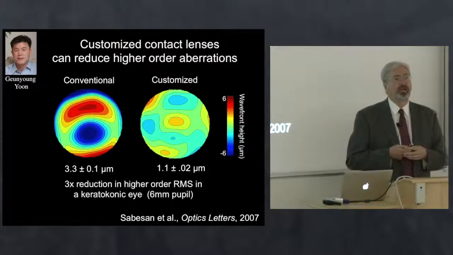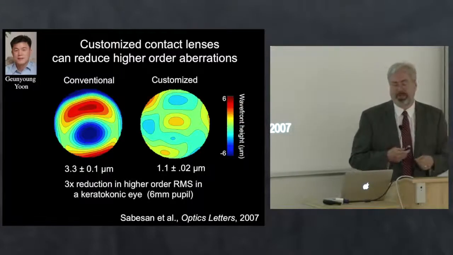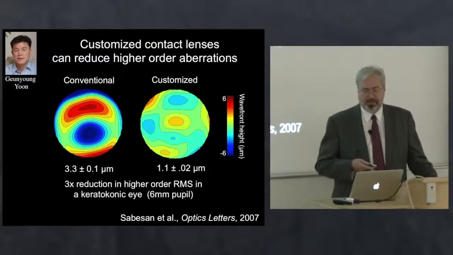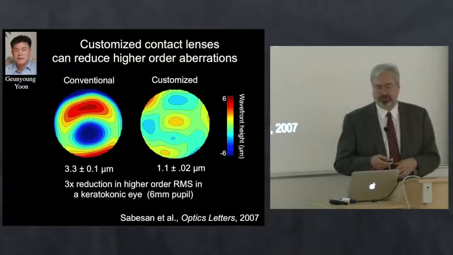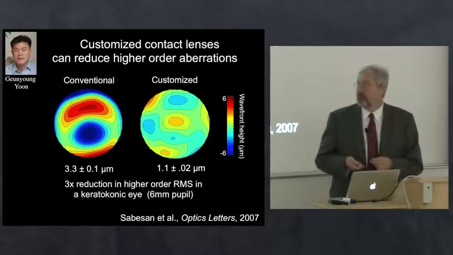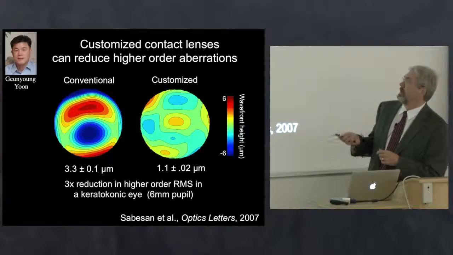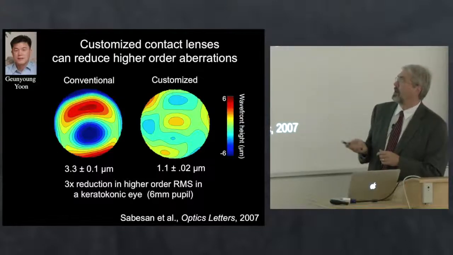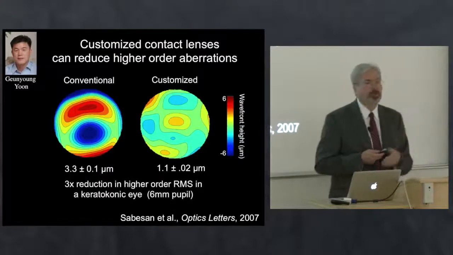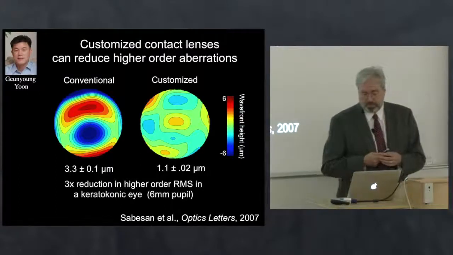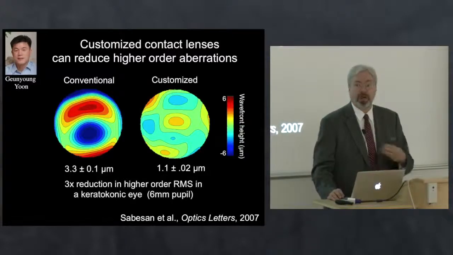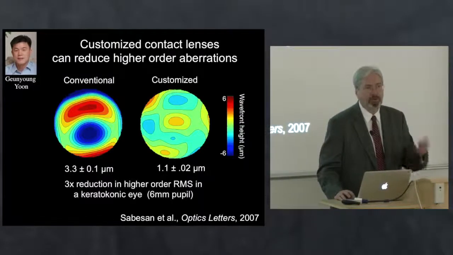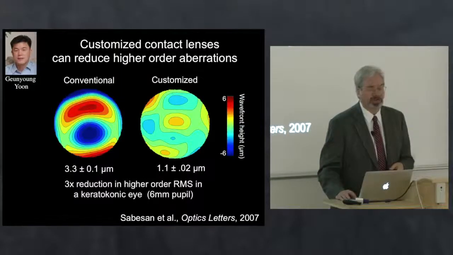Keratoconic eyes can be legally blind in the US, and throughout the world I suppose, because of their deficiency in the shape of their cornea. And with contact lenses, such as the ones that Yoon has developed, you can actually greatly reduce the higher order aberrations, a 3 times reduction in the higher order RMS in this particular eye, for example, which can take a patient from 20/100 to 20/40 or something like that. Not perfect vision, but a vast improvement, a multi-line, 2-line improvement in their vision,